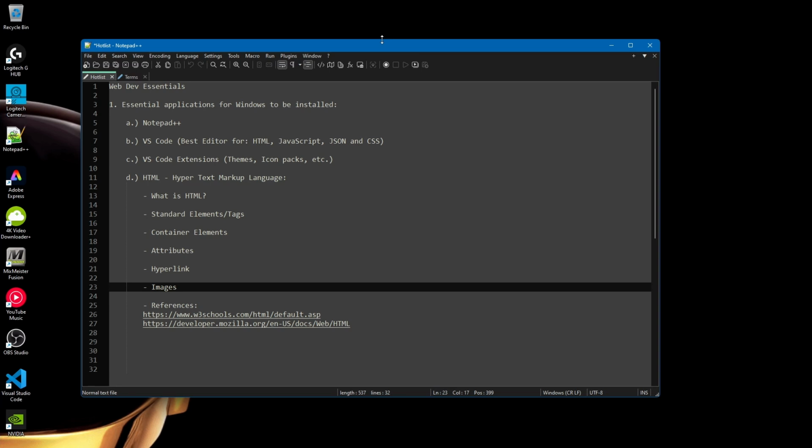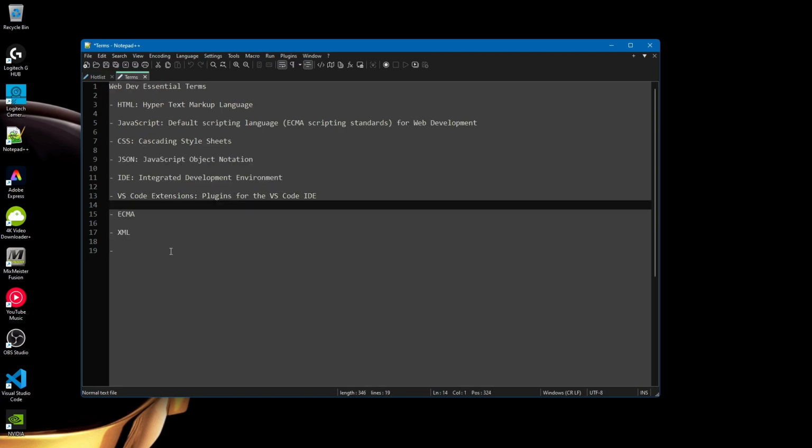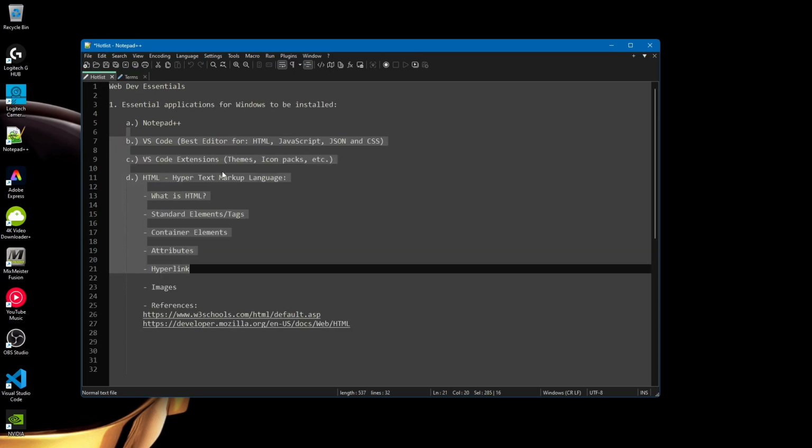So if you're following along, you still have your Notepad++, and if you captured the same agenda I'm building, you have this agenda in one tab, which I was calling my hot list tab, and then on the Terms tab, we can define any additional terms that come up. We have a few left here to define. We just mentioned ECMA and XML. And let me think about from the last video,